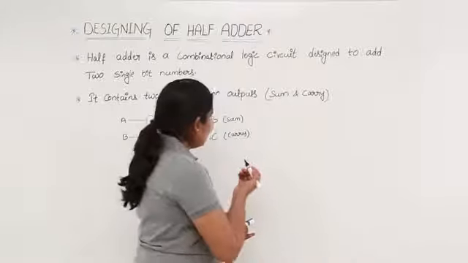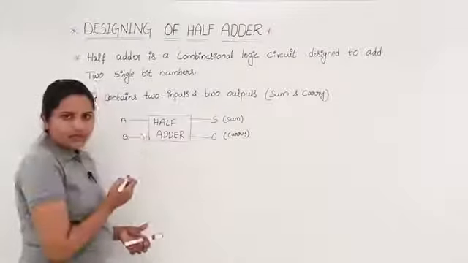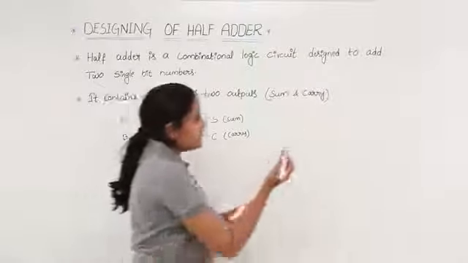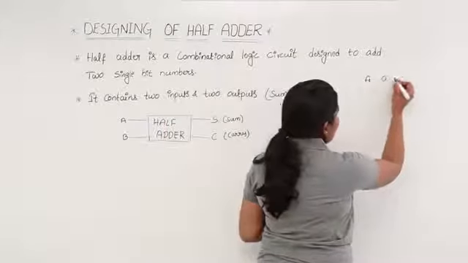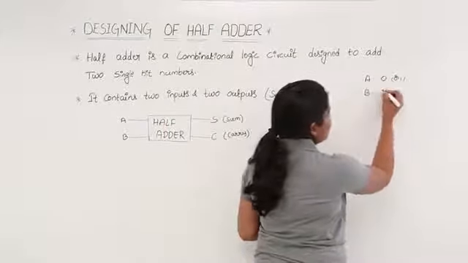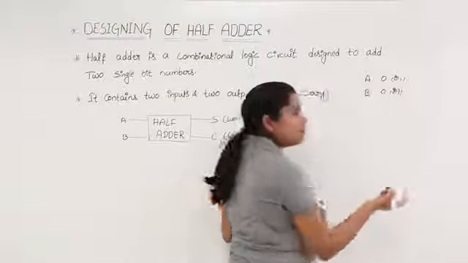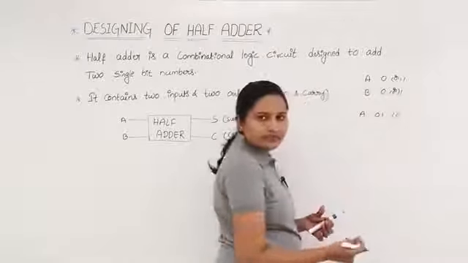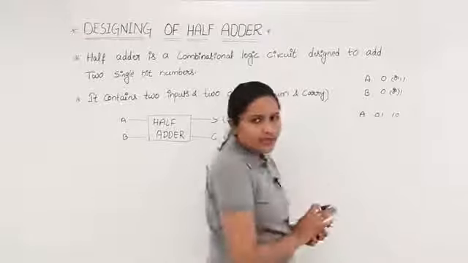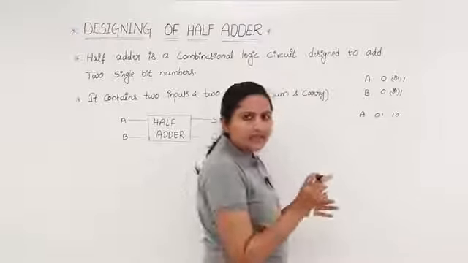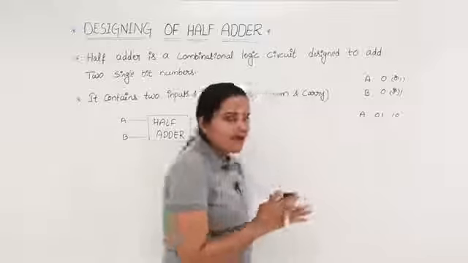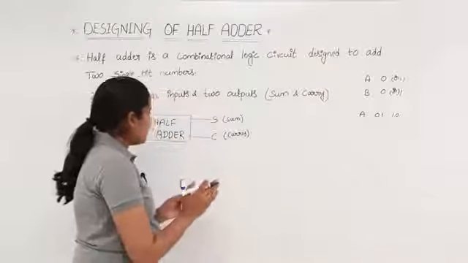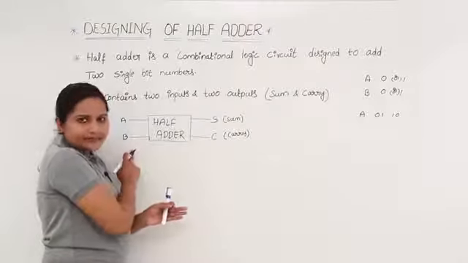For example, if you take A and B as two numbers, single bit means the number contains only a single digit. For example, A is either 0 or 1, B is either 0 or 1. For example, 2-bit numbers means A is 01 or 10, like that. The value depends upon the bit placement. 3-bit numbers means the code contains 3 digits. Here our half adder is going to add only single bit numbers, which I represent as A and B.